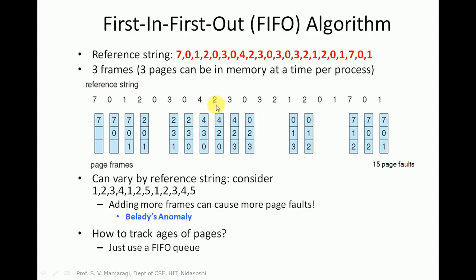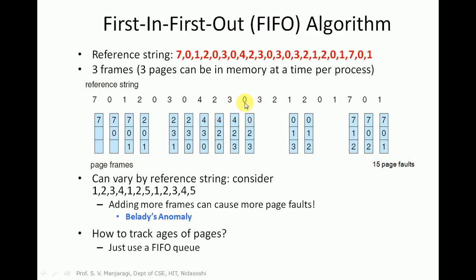The next one is 2. 2 is not there in the memory, page fault occurs. Which one is replaced? The older page, that is 3, is replaced with 2. The next reference is 3. Okay. So whether 3 is there in the memory, it is not there in the memory. Page fault occurs, we go for page replacement since no free frames are available here. So out of 4, 2, 0, which is the older page, 0 is brought first here. So it should be replaced with the new page 3.